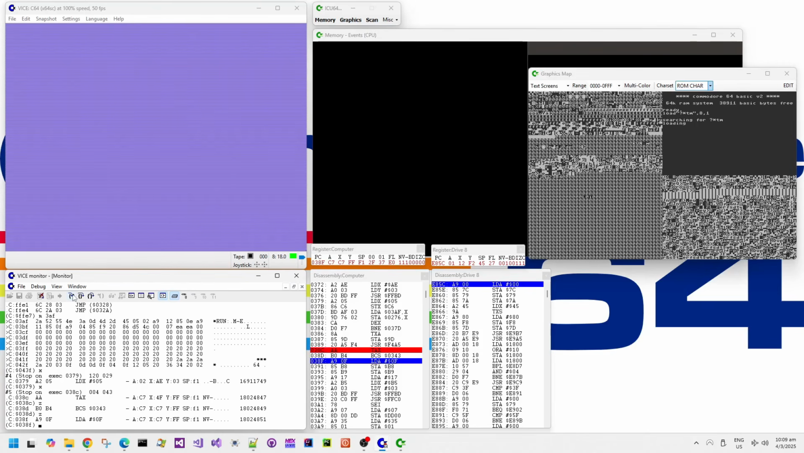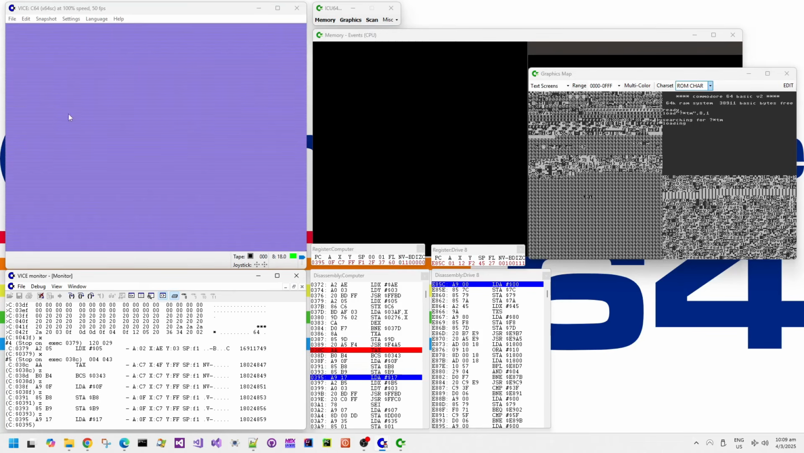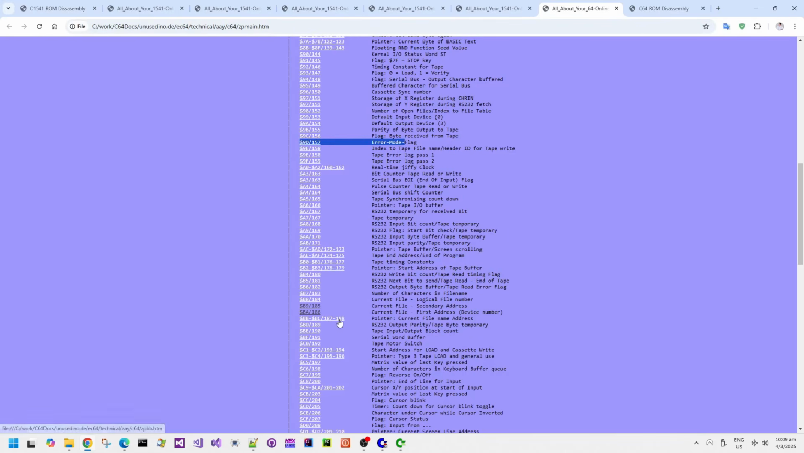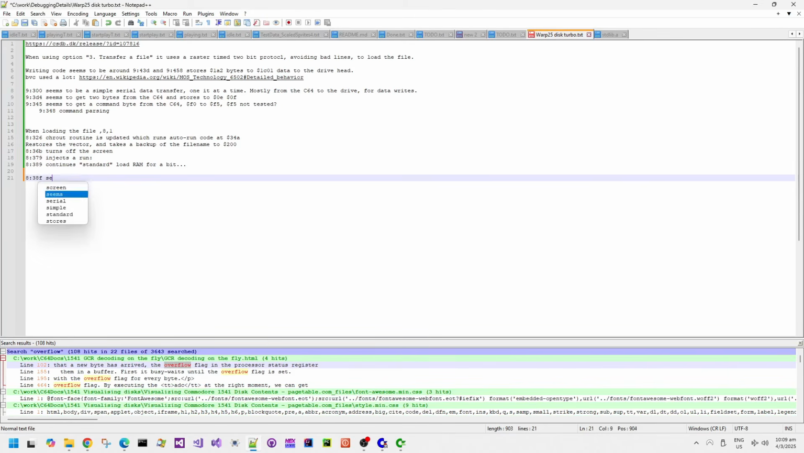I don't think it's reached an error condition. No, it hasn't. It then stores F, which is decimal 15, to B8 and B9. B8 and B9 are, oh yeah, logical file number and secondary address. So it's setting up the command channel, right? So it's doing the equivalent of opening the command channel to the drive, okay, and then I bet you it's